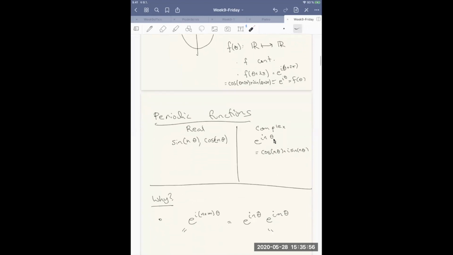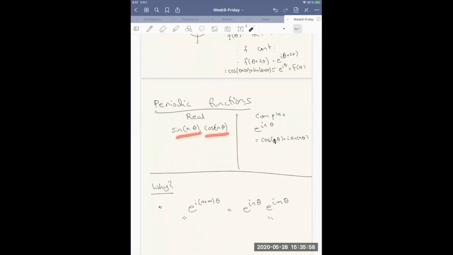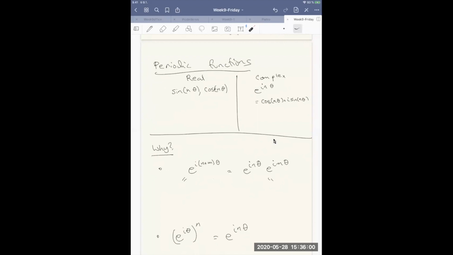But contrary to sine and cosine, we have nice formulas for lots of the things that we will need to work with when we do Fourier series. One thing is we have nice product formulas. Now, if you add n plus m theta, well, on the one hand, this would be cosine (n plus m) theta plus I sine (n plus m) theta. And on the other hand,